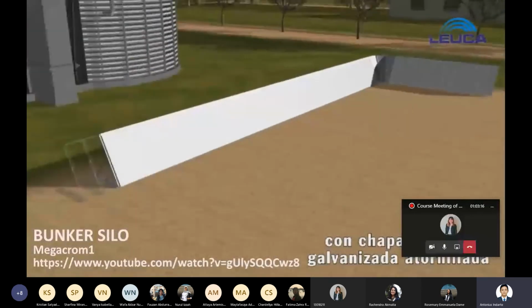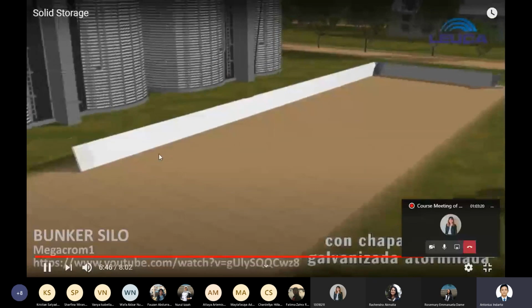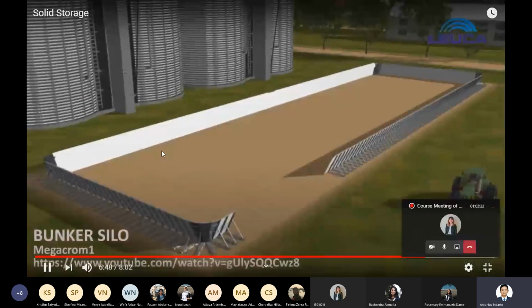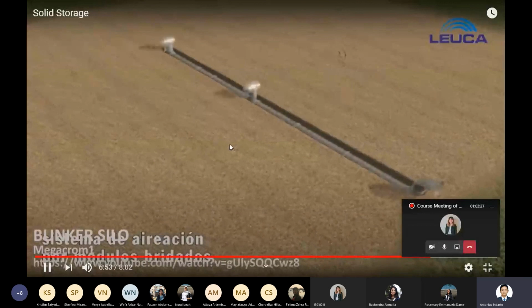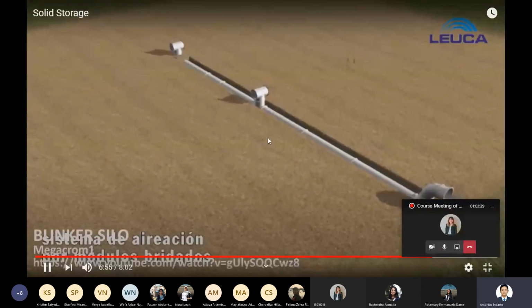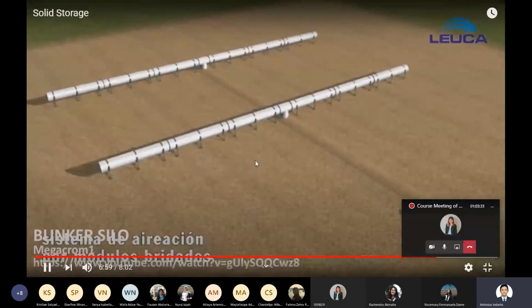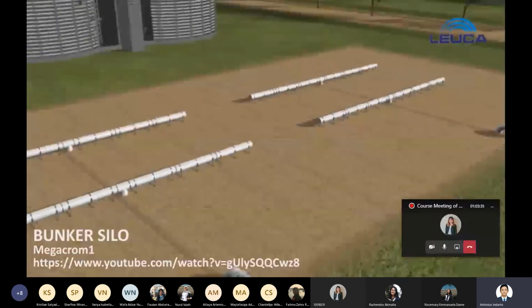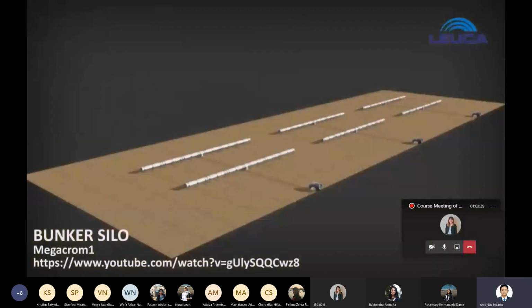Just provide this kind of system. This one is to provide aeration, in order to maintain the moisture.